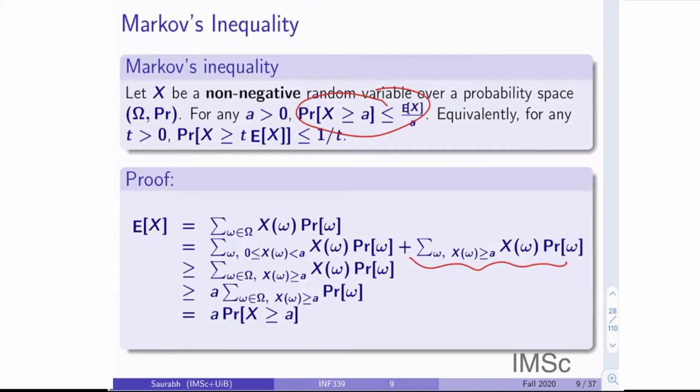Now why? Because then I can say, look, this quantity is greater than or equal to the last quantity, right? Because this quantity is not negative, right? This quantity is also something non-negative, because look, probability of w is anywhere between 0 and 1. So that's a non-negative object. But X(w) being a non-negative random variable also implies that this multiplication for each term is non-negative. Otherwise, I cannot say this, right? Because it's possible that this is a negative quantity and this is a very, very huge quantity.